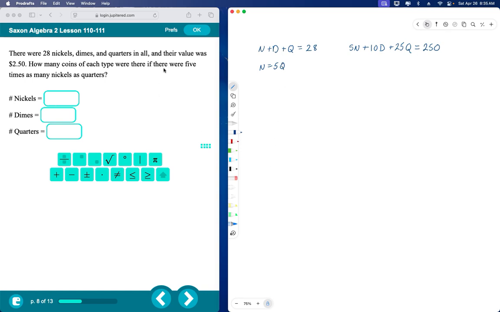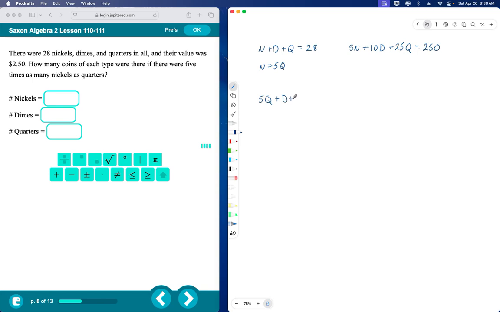Okay, so there were 5 times as many nickels as there were quarters. So we take the quarters, multiply it by 5, and that's how many nickels we have. So again, quantity, value, comparison statement. And your comparison is going to give you a substitution value that you can use. So 5q goes into n, so 5q